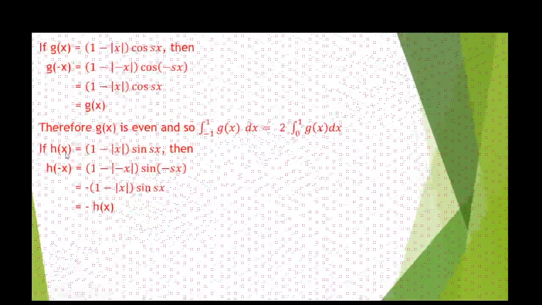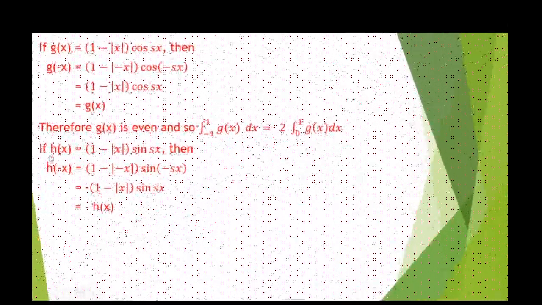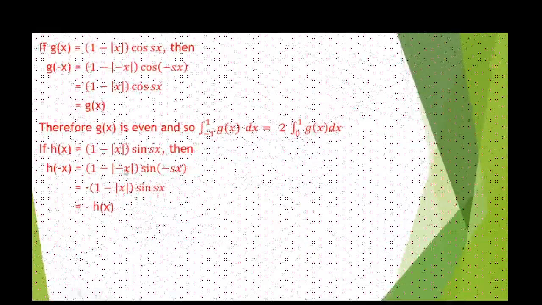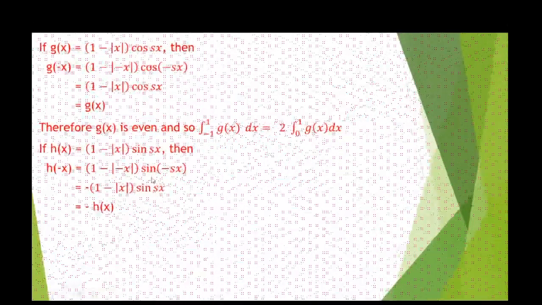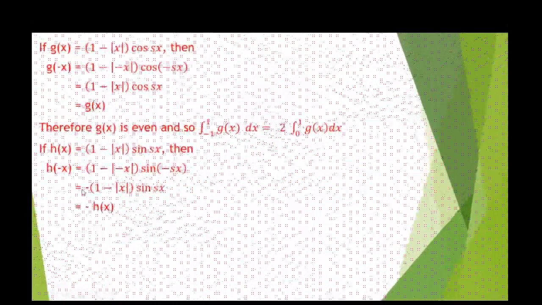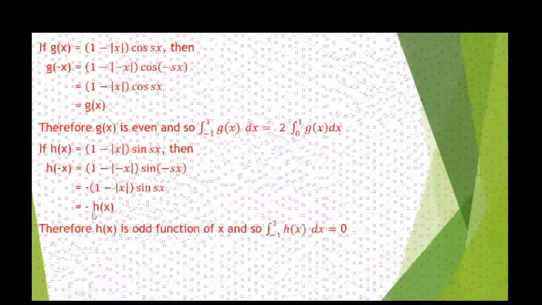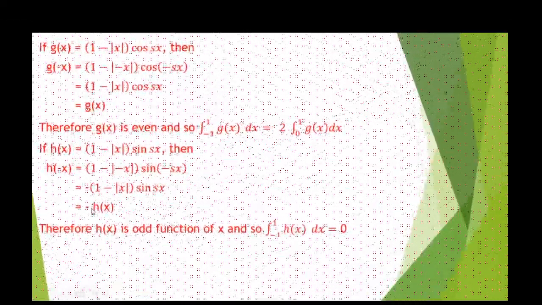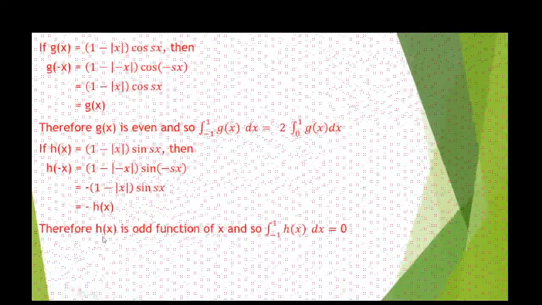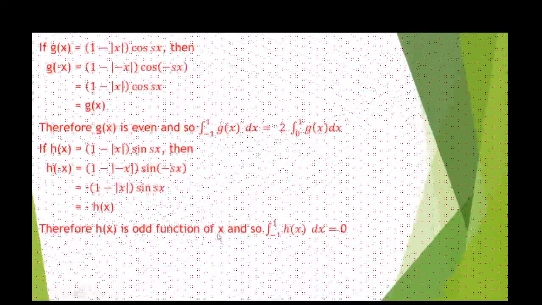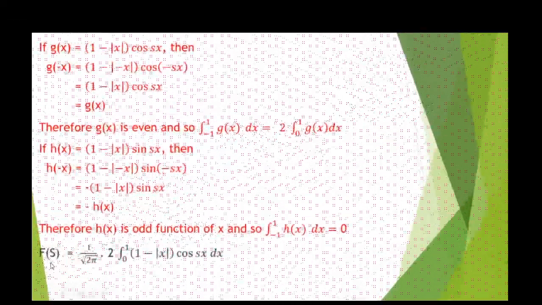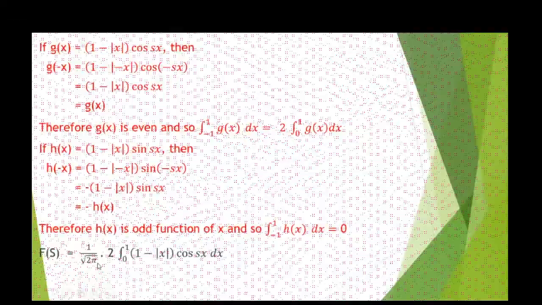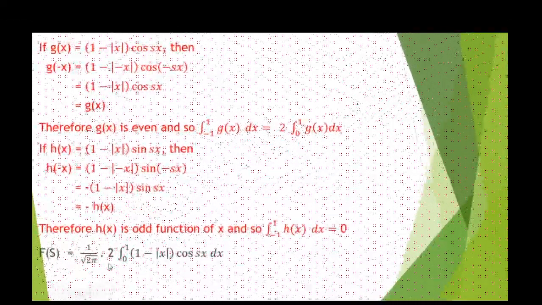And the second function is treated as h of x. So h of minus x is what? 1 minus modulus of minus x into sine of minus sx. Sine of minus theta is minus sine theta, so we will get the negative function. See, h of minus x is equal to minus h of x. Therefore h of x is an odd function of x. So if an odd function is there, we will get the value 0. Therefore, F of s is equal to 1 by root 2 pi into 2 times